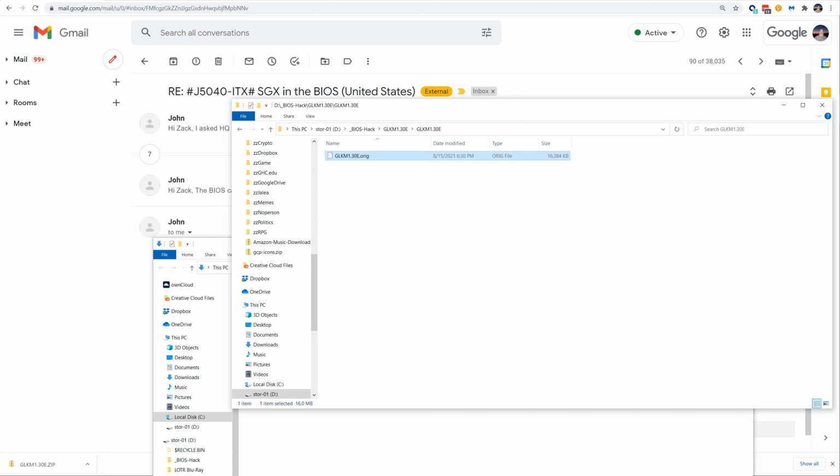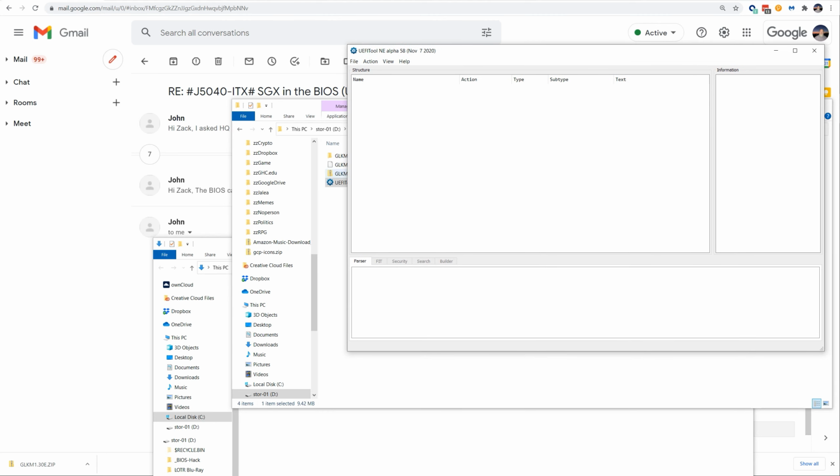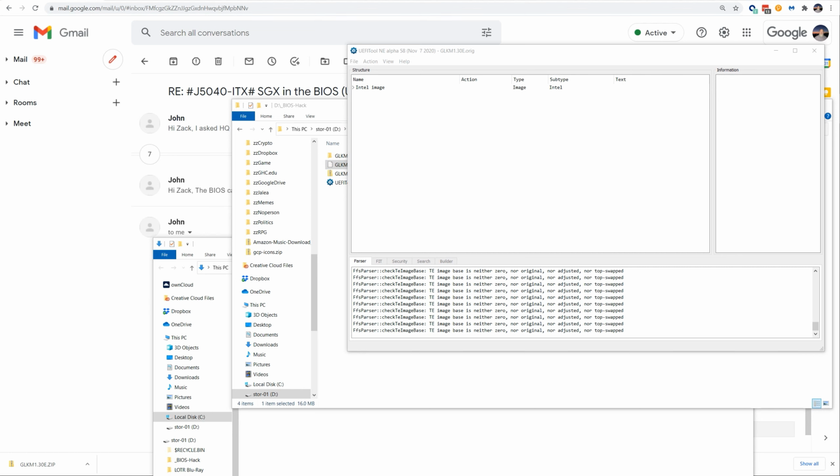Okay, so I'm going to rename this as the original file, and we're going to copy this to here just so that it's a little easier to do. Now, if I open this UEFI tool, it turns out that I can inspect this file. If I look in the BIOS, I open this up,